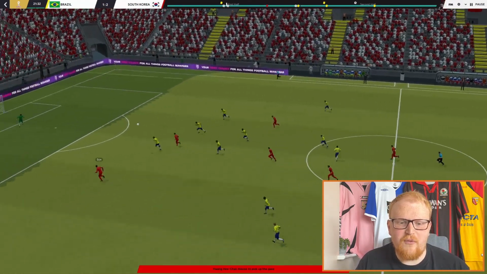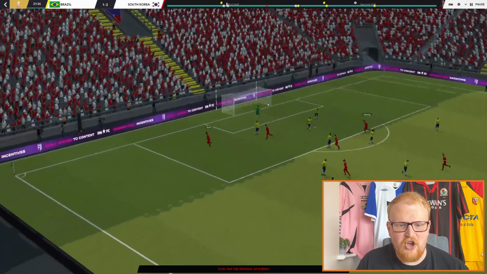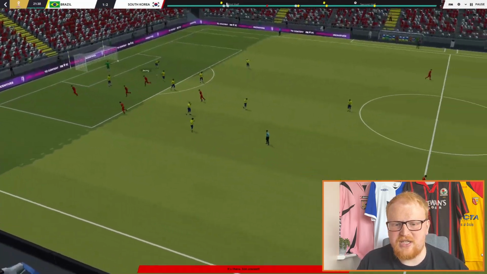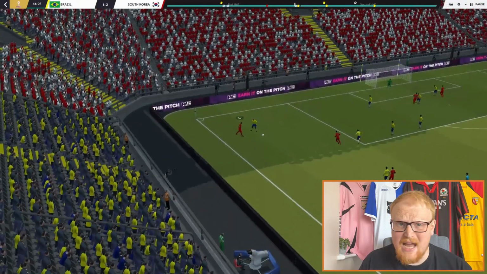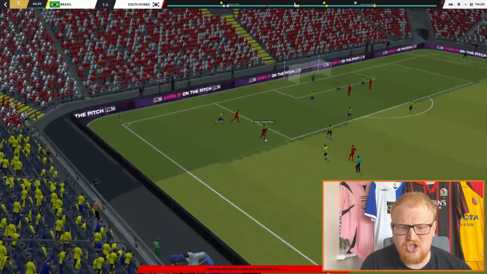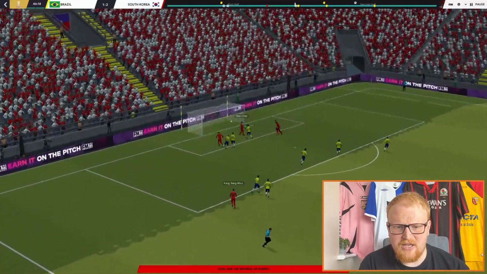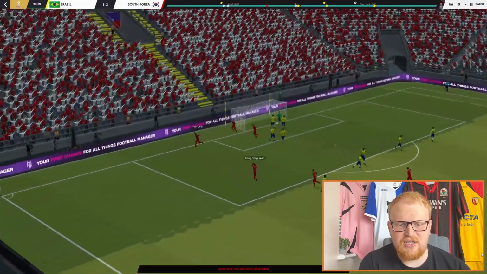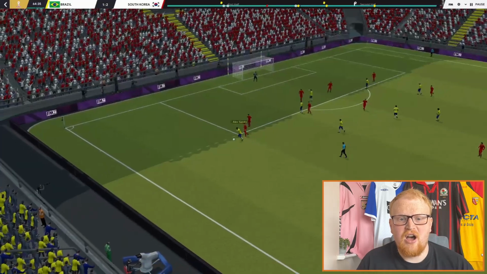A massive upset of Brazil. I said they looked a little bit shaky in the groups. Son with the first goal of the game for South Korea after 22 minutes. A lovely finish, and Brazil were shaky. South Korea went down to 10 men, but that didn't stop them. They continued advancing forward. Kang Sang-woo, ball into the back. Hee-chan nods it past the Brazilian goalkeeper, and just like that, it's 2-0 just before half-time.